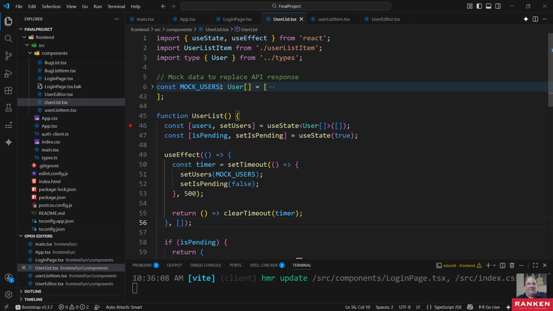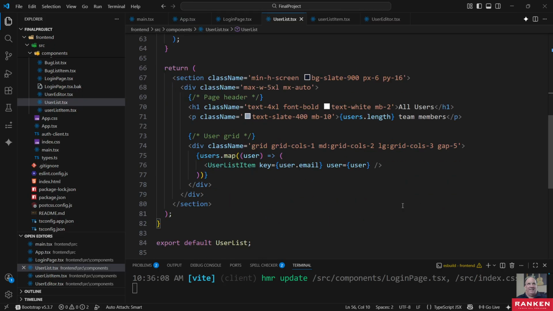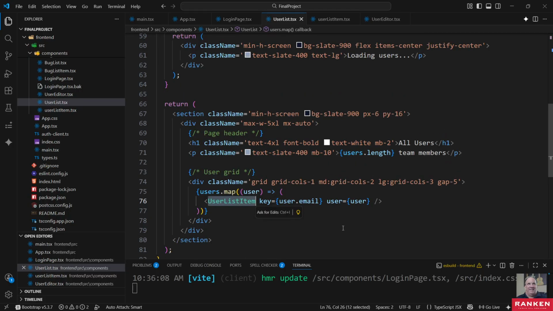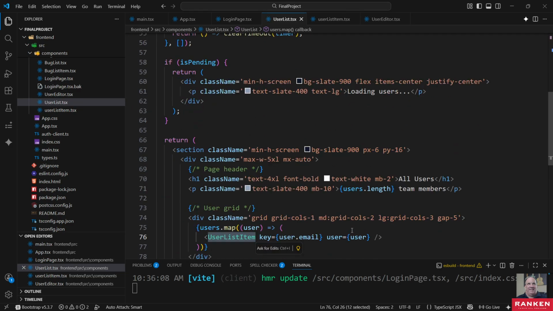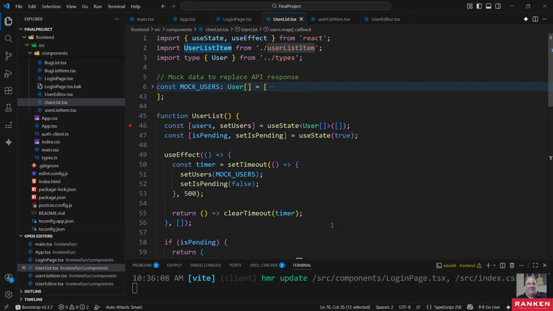In this one, we're importing UserListItem. So down here, this is actually just the UserList. This is kind of small. This ain't a big file, right? Because actually what we're doing is we're accessing another component. We got one component that's accessing another component, right? Now we're also including our